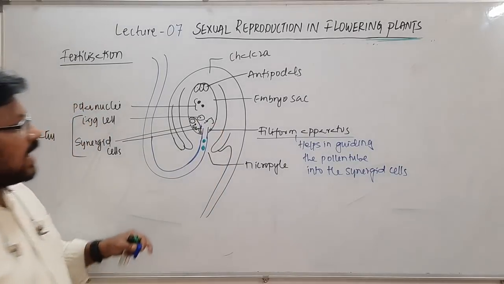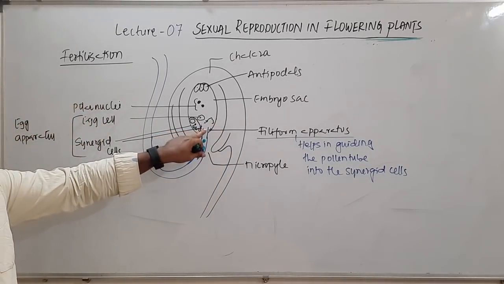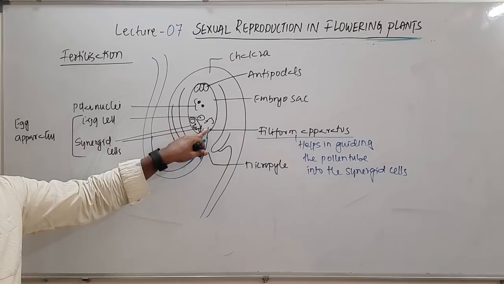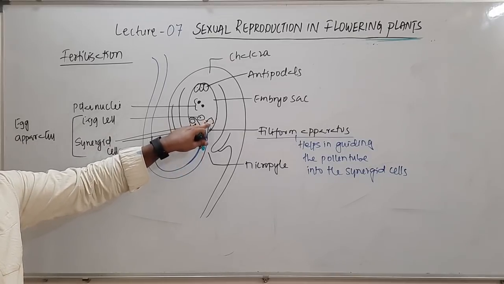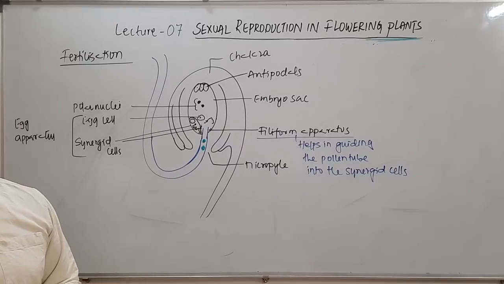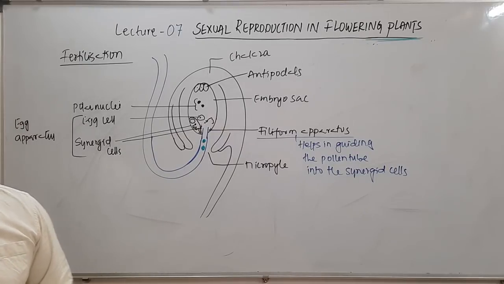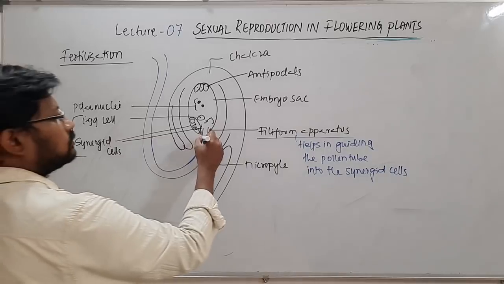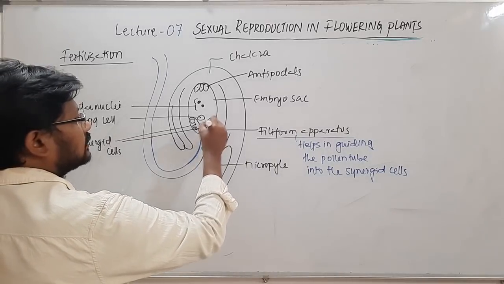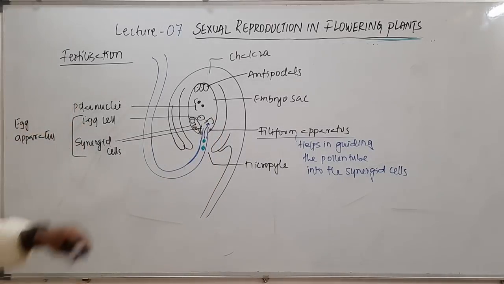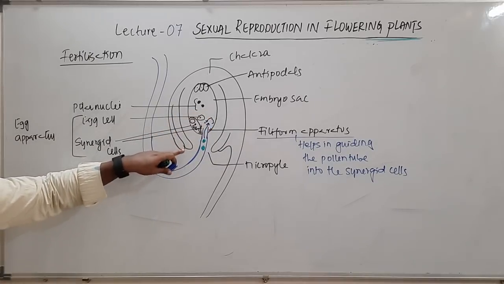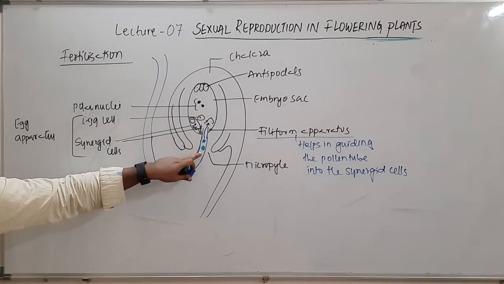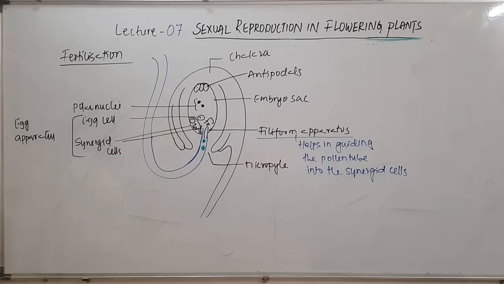Once the pollen tube enters it, the pollen tube breaks open and then releases these two male gametes into the cytoplasm of that degenerating synergid cell. So these two male gametes have now finally entered into the embryo sac. Now out of these two male gametes, one of the male gametes is going to fuse with the egg